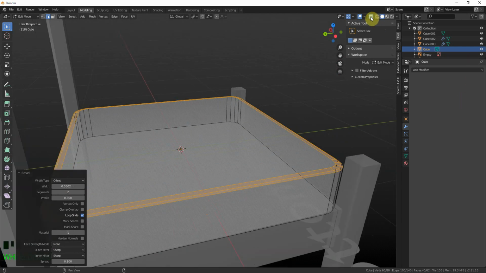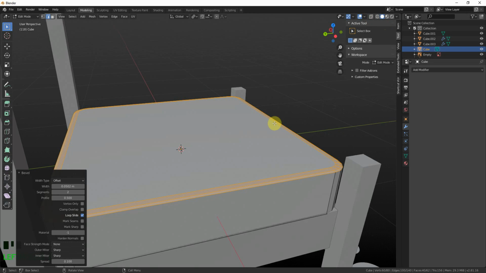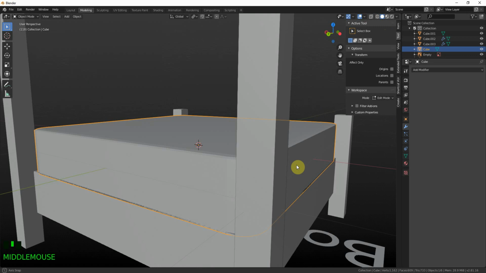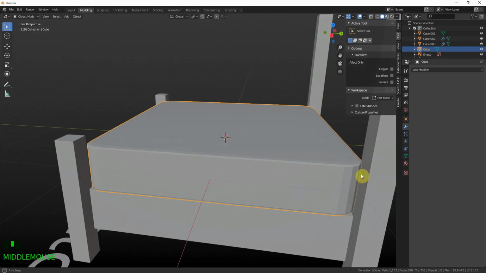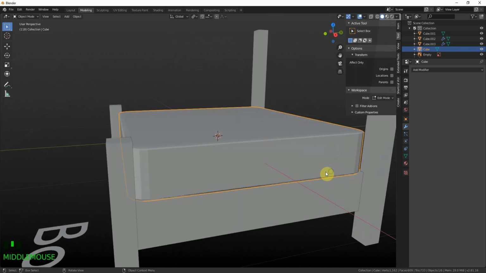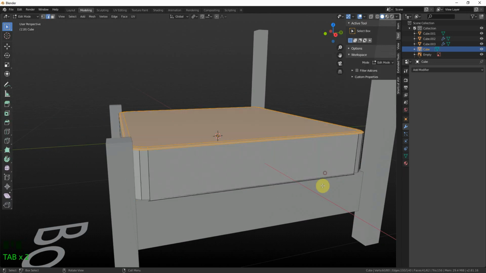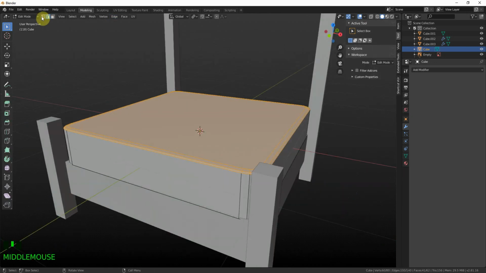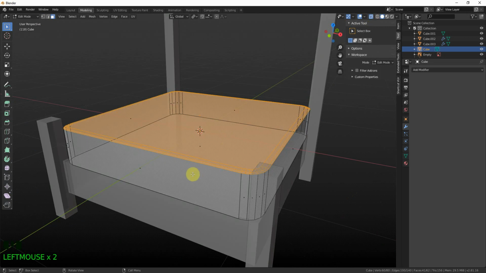Let's come out of X-ray and let's go into object mode so we can see this. And you can see how our mattress is looking a lot softer around the edges. I probably need to do that on the bottom as well. Let's go to edit mode, let's go to face select, and let's go with the X-ray, and let's pick up that bottom face,